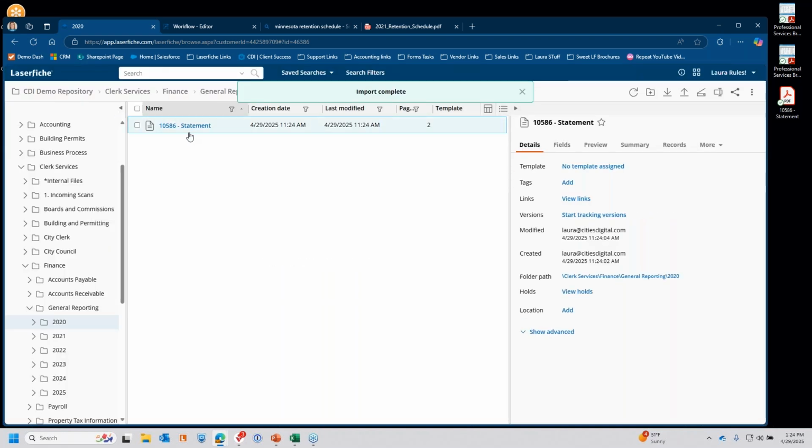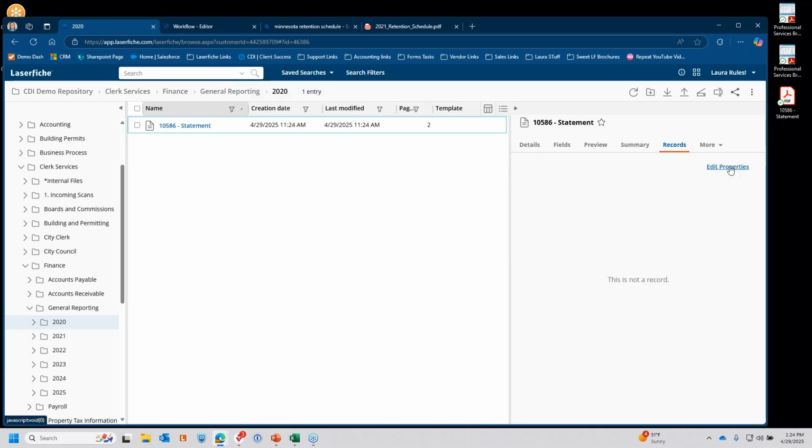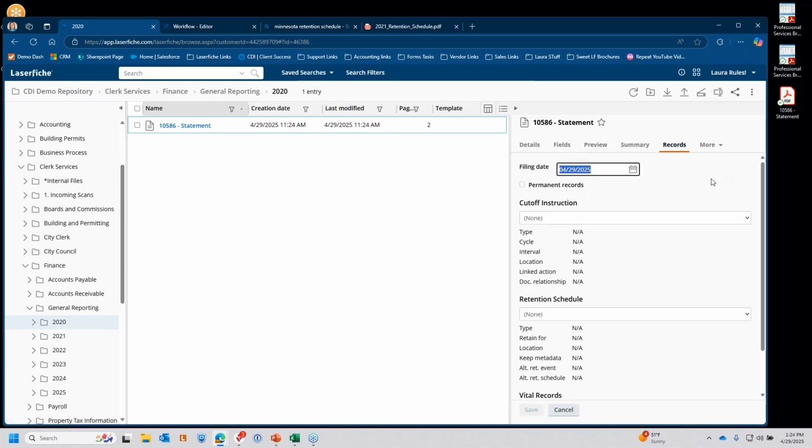So here we've got our statement. And then if I go on the right-hand side and I click on our Records tab, I can go ahead and set Edit Properties. And then this is going to allow me to enter everything manually. So maybe I've had this financial statement sitting in my email for multiple days, and so I'm going to backdate it. And I'm actually going to backdate it to 2020 so I can show you some of the other pieces